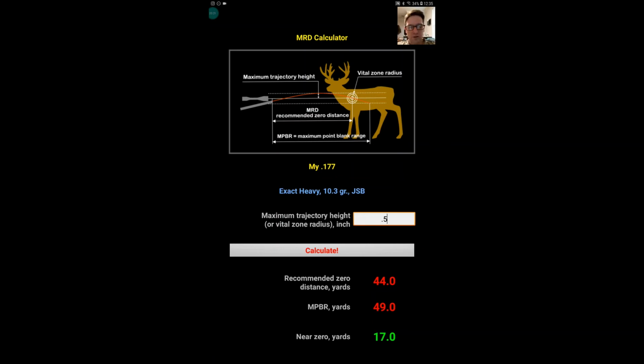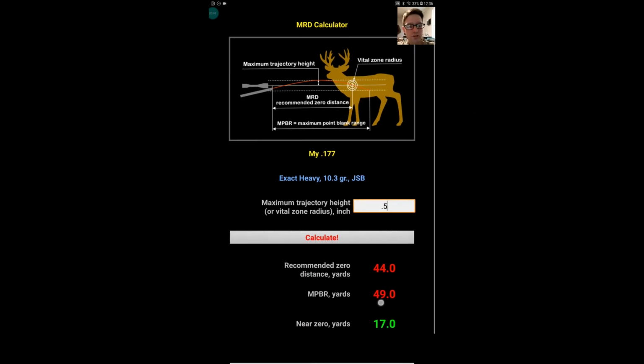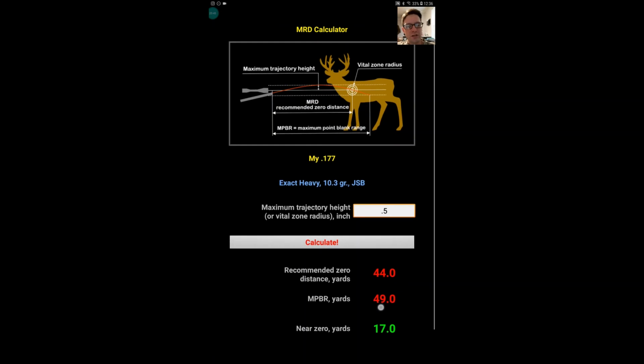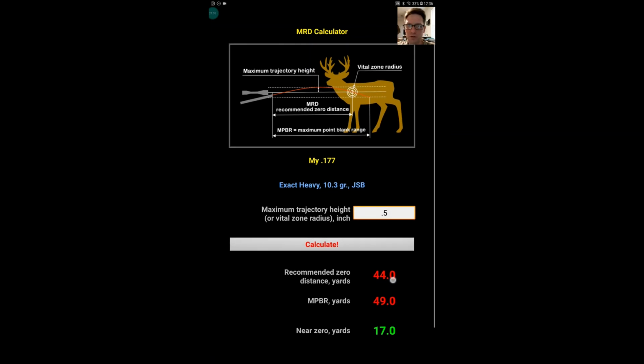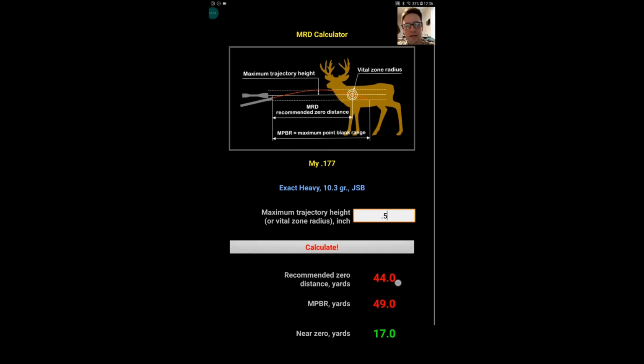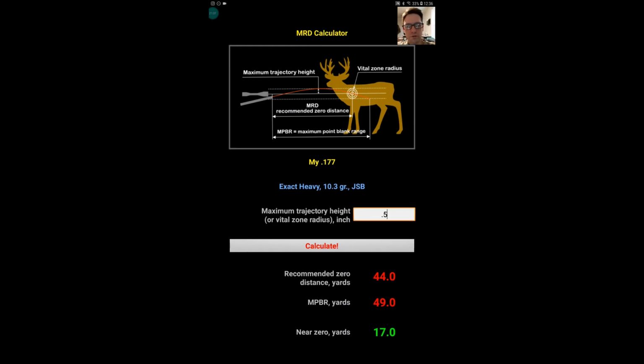So what that means is, given all of our data about this gun, about this pellet, about the velocities, about the ballistic coefficients, about all that stuff, maximum point blank range is approximately 49 yards. So just under 50 yards, okay, so we got about a 50-yard gun here, flat shooting. Recommended zero distance to get this is 44 yards, not 50. If you zero at 50, you're going to produce different results. But zeroing at 44 yards will give you a 1/2 inch up and a 1/2 inch down